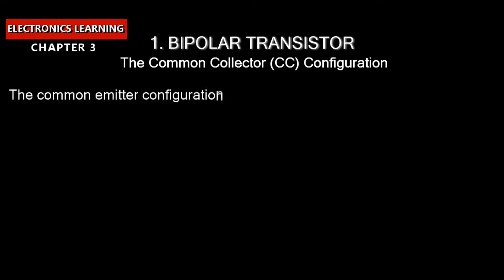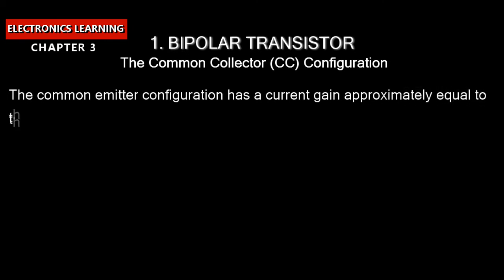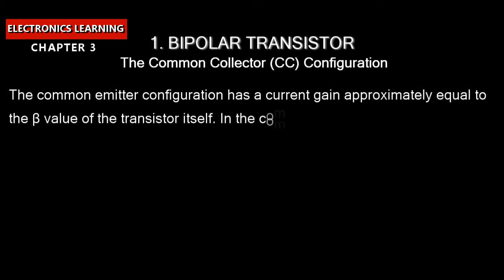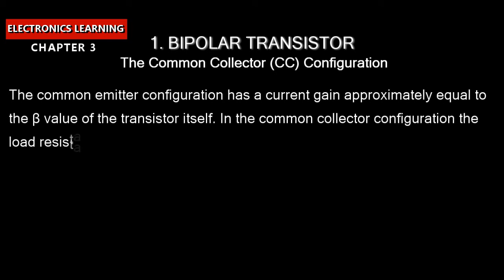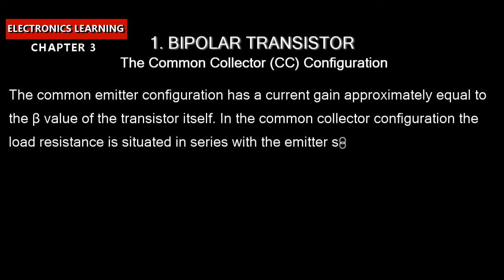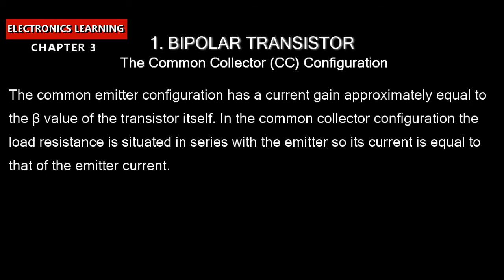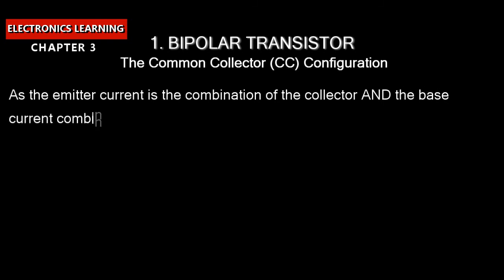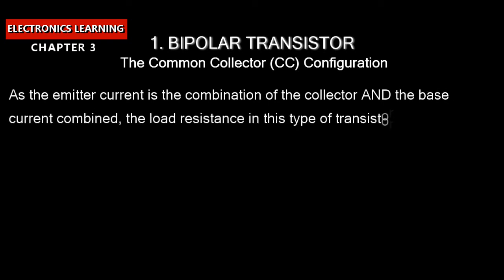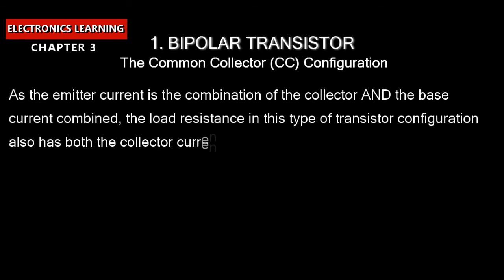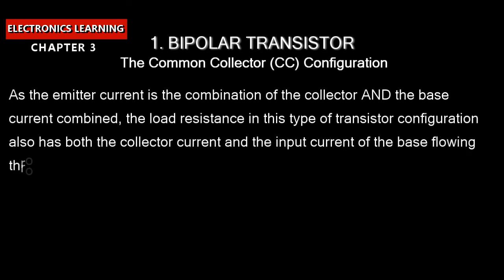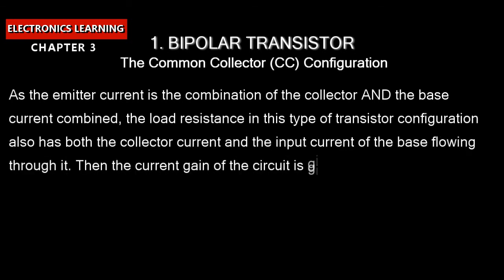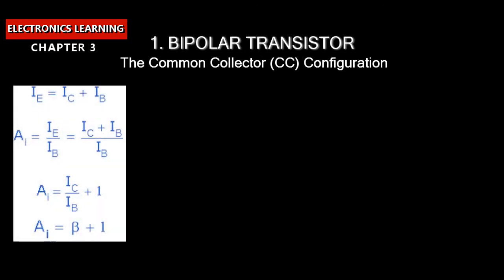The common emitter configuration has a current gain approximately equal to the beta value of the transistor itself. In the common collector configuration, the load resistance is situated in series with the emitter, so its current is equal to that of the emitter current. As the emitter current is the combination of the collector and the base current combined, the load resistance in this type of transistor configuration also has both the collector current and the input current of the base flowing through it. Then the current gain of the circuit is given as follows. The common collector current gain is: